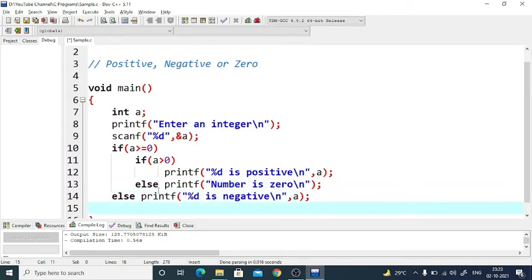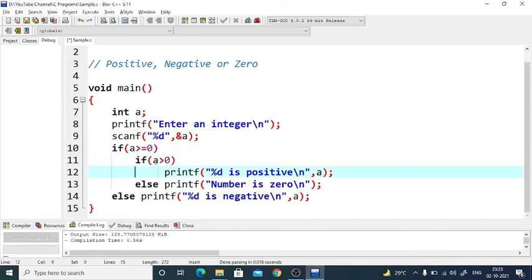Now, maybe it might be confusing a bit at the beginning, so try to understand again. The first if I have put is this. When I say that the if condition is true, it could be true because the number is positive, or the number could be 0. So that's the reason when I go to the else of that if, I'm very clear that the number is negative. But in this if, there are two possibilities. So to resolve that, we have if else.